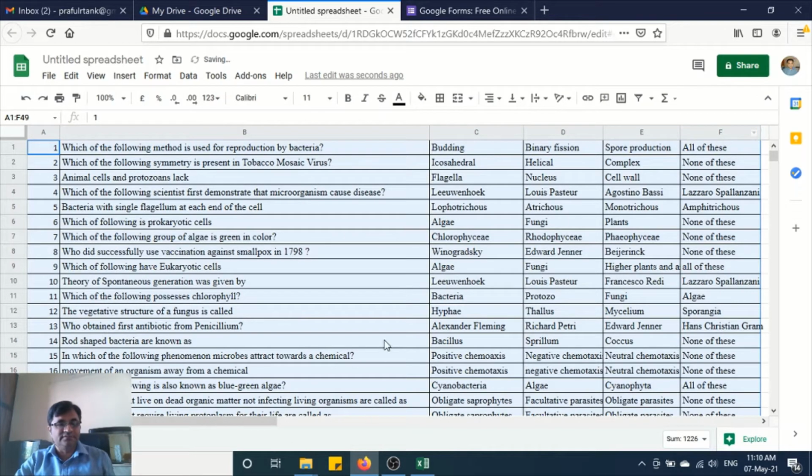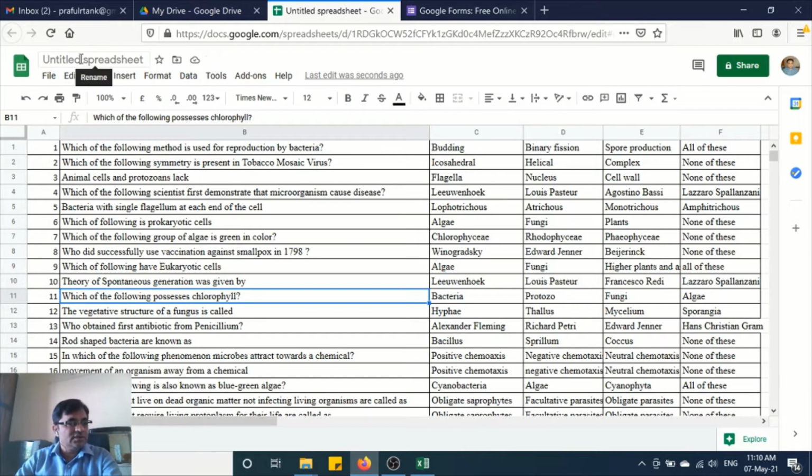You can see it. You save this file and give the name of the exam you want to conduct. I am giving the name AHM, the subject code is there, AHM 101 exam, and you can save this Google Sheet in your drive.